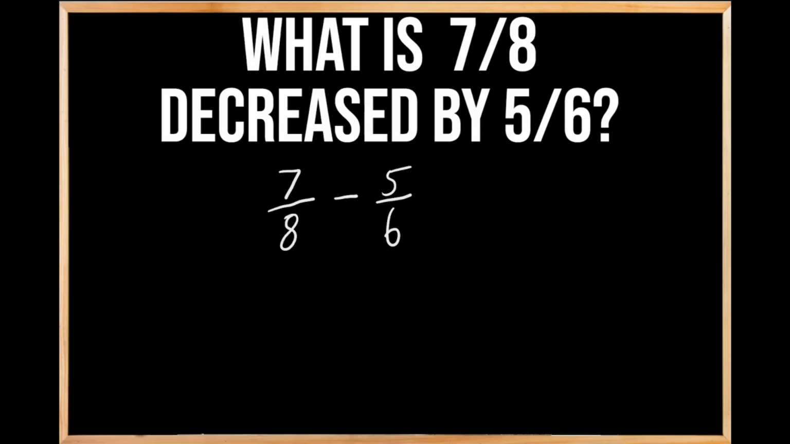But in order for us to actually do this subtraction problem here, we first need to rewrite these fractions with a common denominator. And in order for us to do that, we need to think of a common multiple between both 8 and 6. Well, we know that a common multiple for both 8 and 6 is 24. So down below, we're going to rewrite this problem with the common denominator of 24 so that we can actually